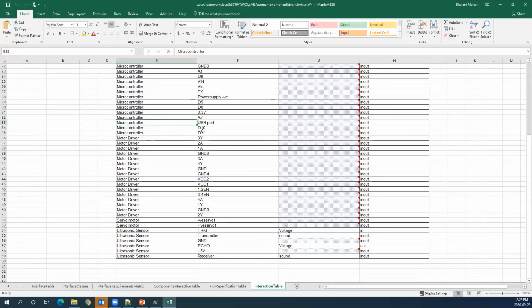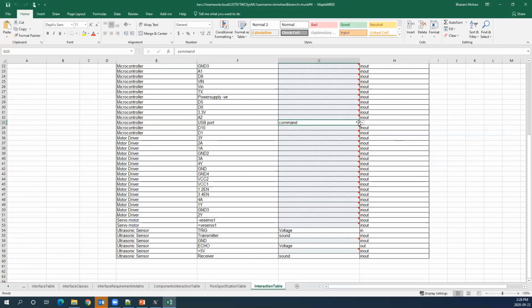Say for example, the microcontroller USB port is going to receive some command and the direction says in. So as you can see, it's very simple to change the information and create new information for the ports.